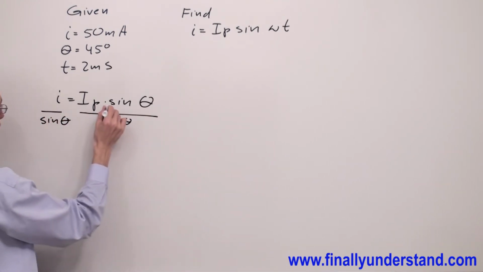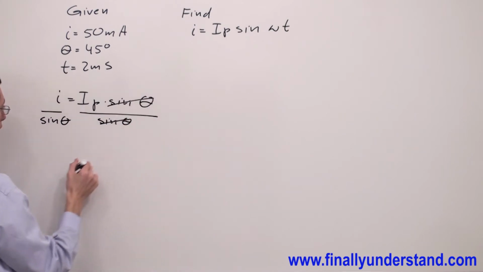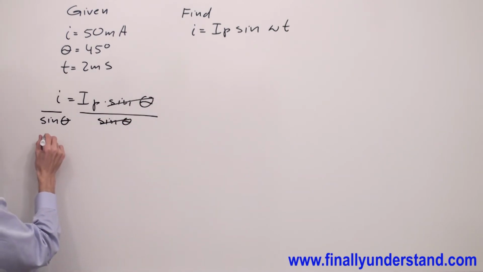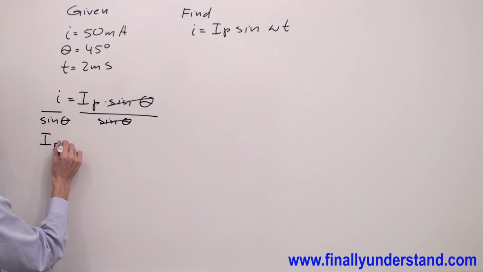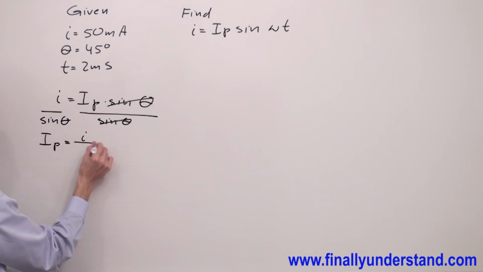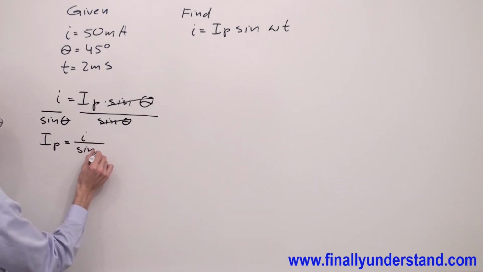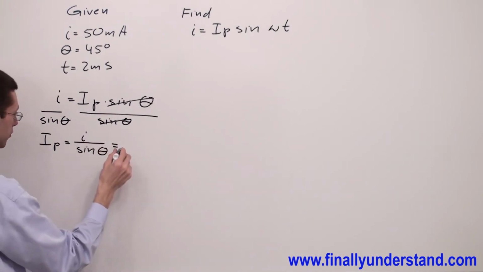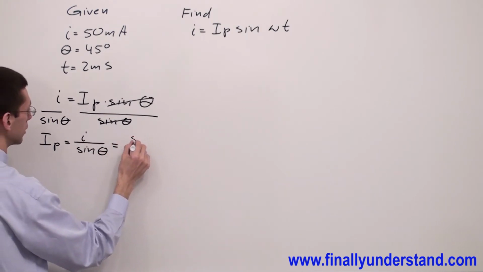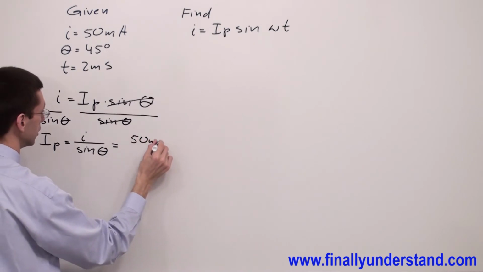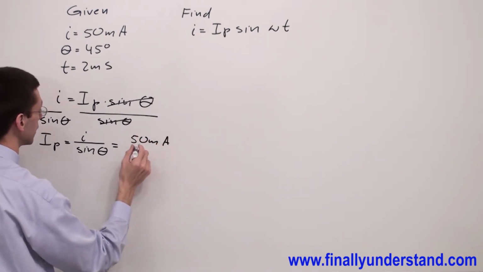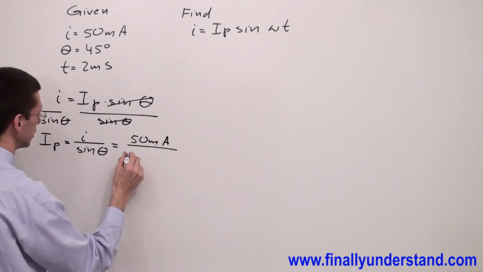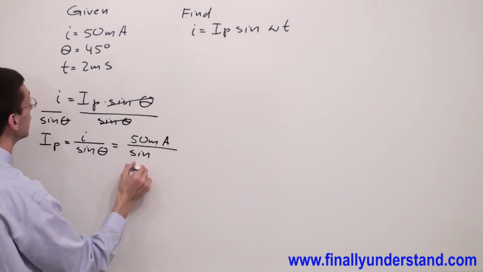Sine theta and sine theta will cancel out, and I'm going to have peak current is equal to instantaneous current divided by sine theta. Simply plug in the values. I peak is equal to 50 milliamps over sine of